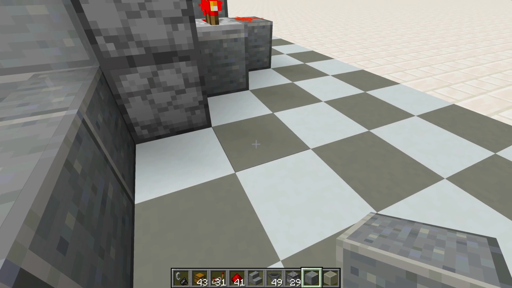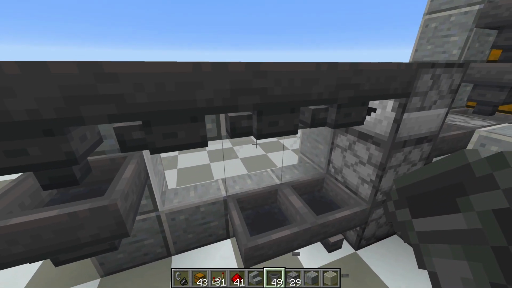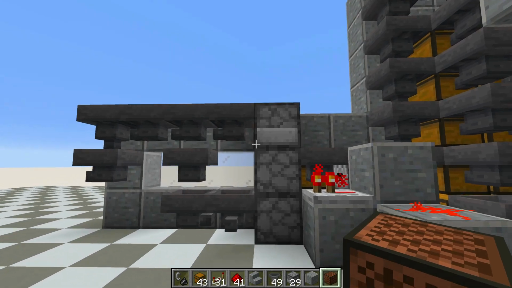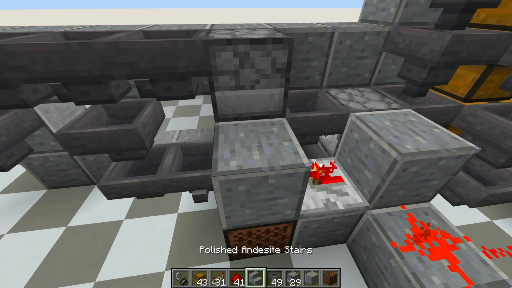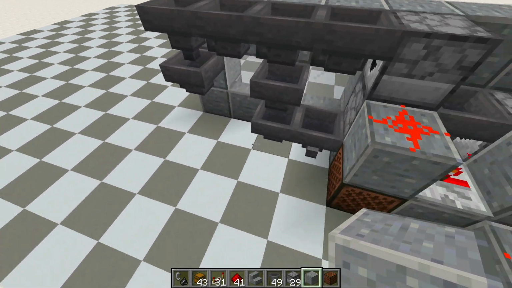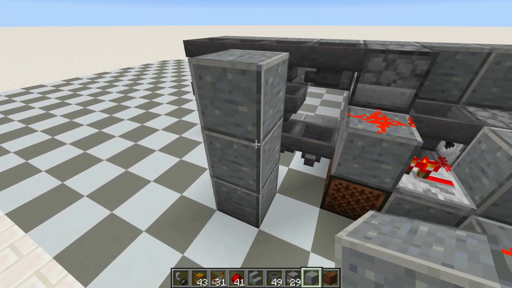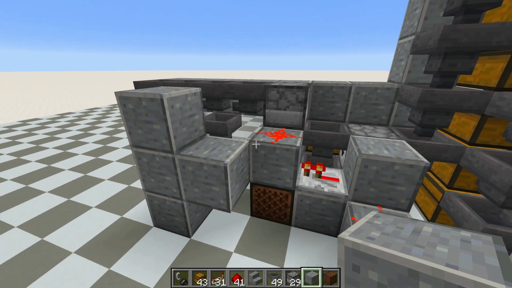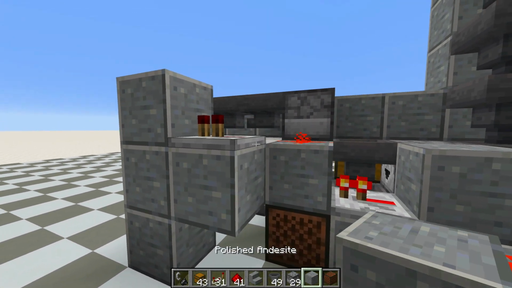And now we're going to place in another temporary block for our hopper, and then a hopper into that one, and this one points into the glass. And to power our droppers, we're going to place down a note block, and then a normal block, and a redstone dust on top. And we're also going to take a signal of this redstone dust for our future systems, and so to do that we're going to go up 1, 2, and 3 with the block off it like